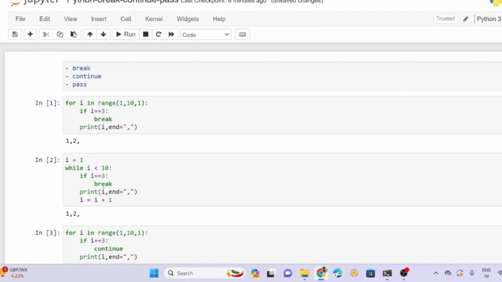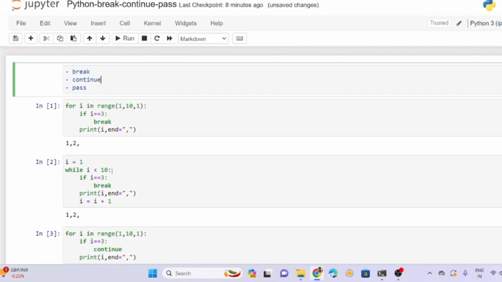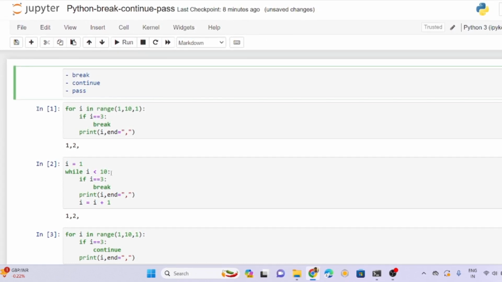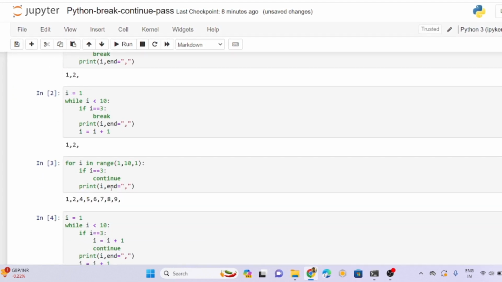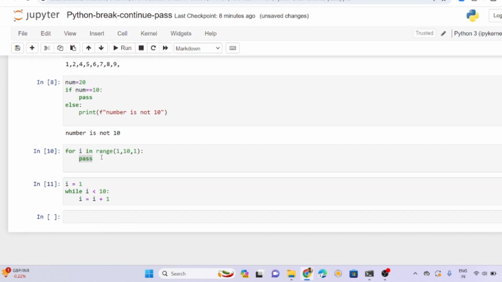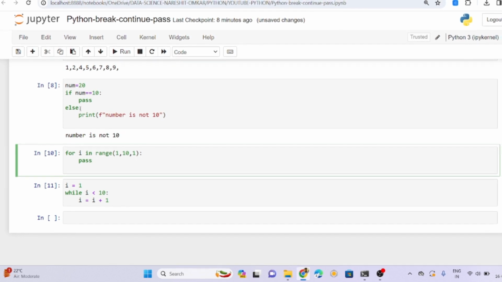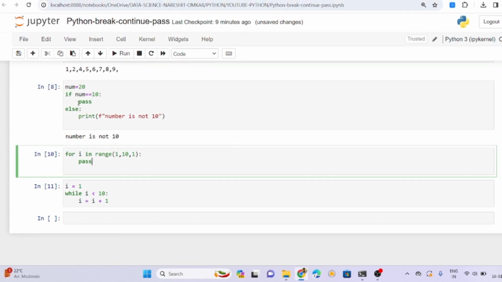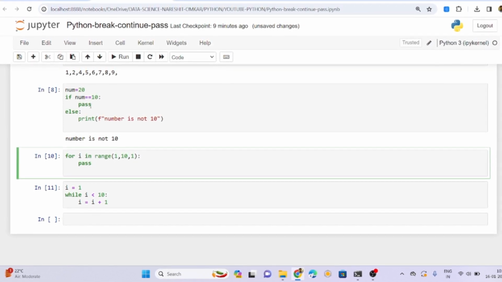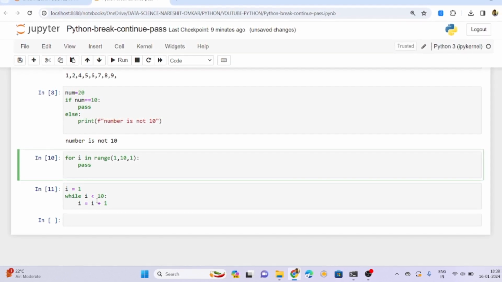Hope in this session we have covered break, continue and pass. Break and continue we use in iterative statements, that is the for loop or while loop. And pass is for a block, if, else or for loop. If the body doesn't have any statement, we should not keep it empty, we need to give it as a pass. In some cases this part you have implemented, this part is yet to be implemented. In the development phase we can give it as a pass, and rest of the time you start implementing. But if you keep it empty, we get an error.